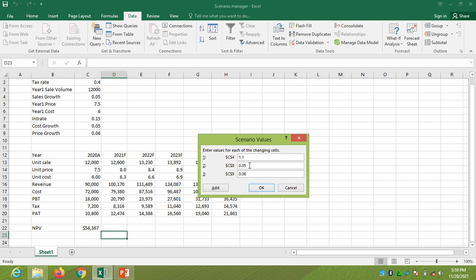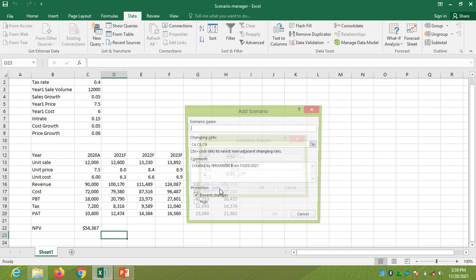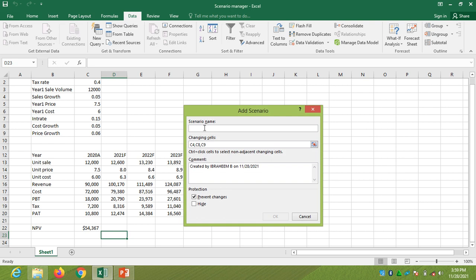Okay, C8. What is my C8? Cost growth. Let's say our cost is just 0.3%, or let me use 4%. Then our price growth, let's say that we have advantage, we can increase our price to 7%. Alright, add. Then worst case scenario,